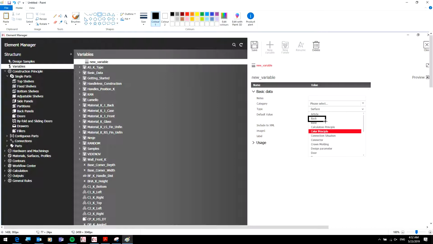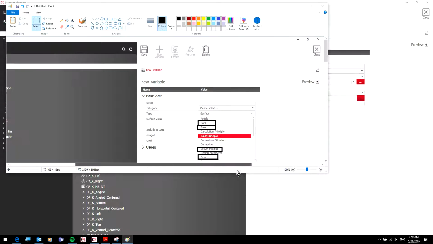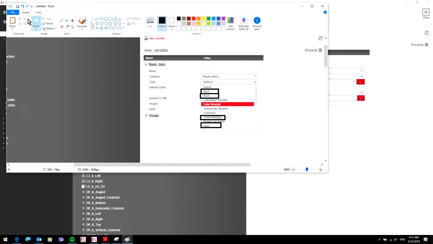The back, the door. So back door, and so back door. What else? Base, ground molding. These are all one kind of, these are construction principles, so that's why I'm going to just